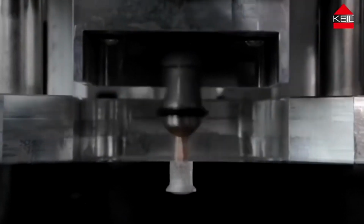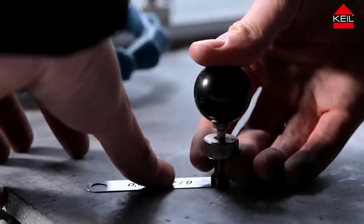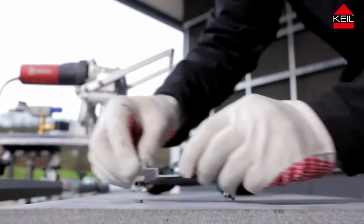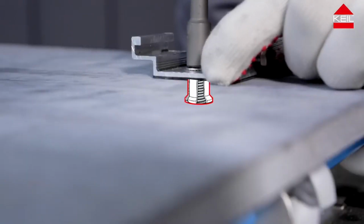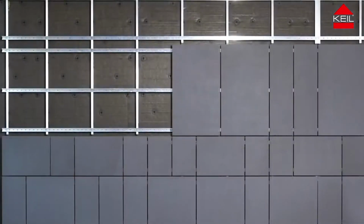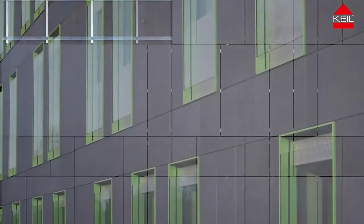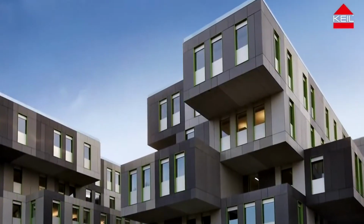Its concealed fixing, high load capacity, stress-free attachment, and quick installation make it a preferred choice for achieving both aesthetic appeal and structural integrity in ventilated cladding applications. The emphasis on even tension distribution and durability through quality materials further enhances its suitability for diverse facade materials and weather conditions. The KEIL Undercut Anchor represents a smart and efficient approach to achieving secure, invisible, and visually pleasing facade